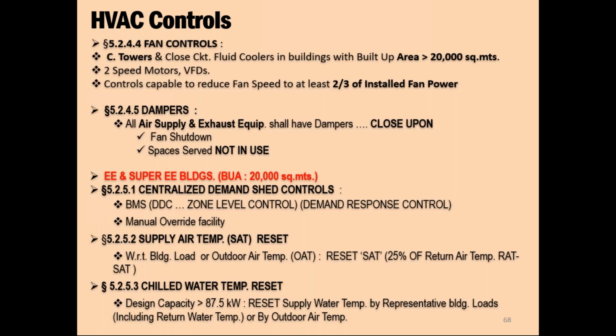It can be reset for 25% of air to be at saturation. So that means when you have a large building of say 2 lakh square feet of built up area, that means typically a chiller load of about 200 tons of air conditioning, to 150 tons of air conditioning. These buildings would have these BMS and DDC controls, and also provision of chilled